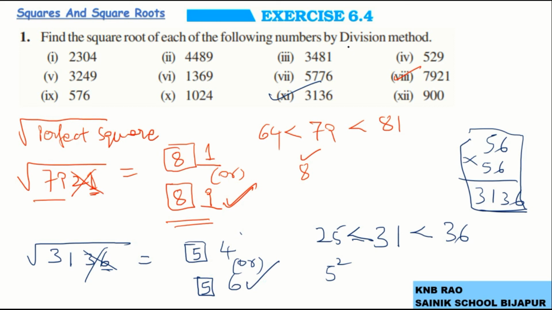Anyways, long division is there for you to do. So I am trying to give one more shortcut other than the long division method for you to find the square root of perfect squares. Very important, here they must be perfect squares. Then only we can find the square root of them and guess them. Even after guessing, it is always advised to compulsorily cross check whether you got the correct answer or not. If it is not a perfect square, obviously you will not get a product giving this number.